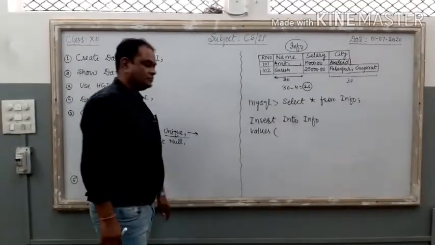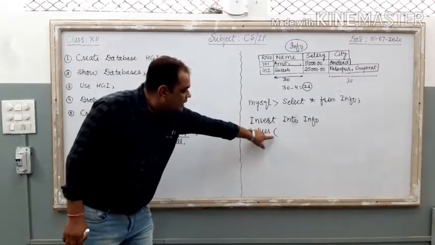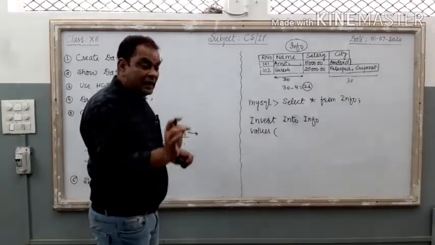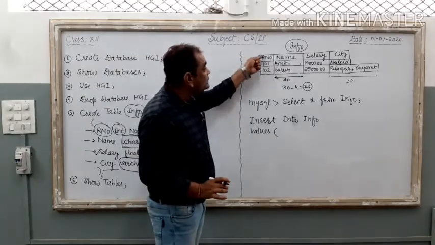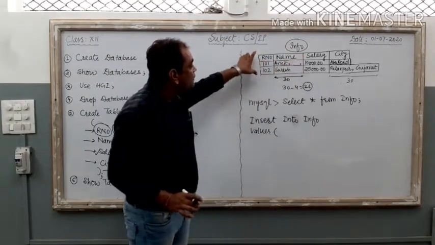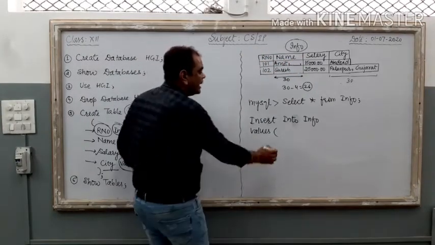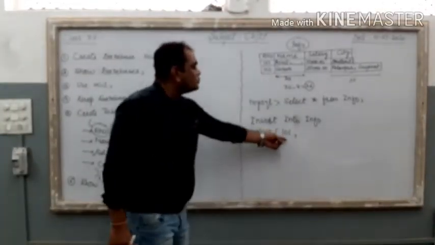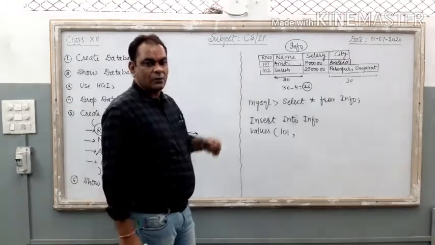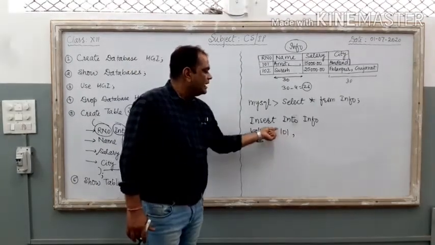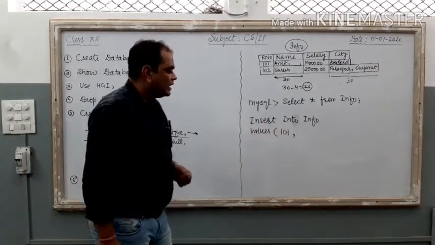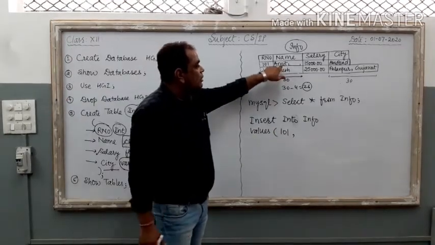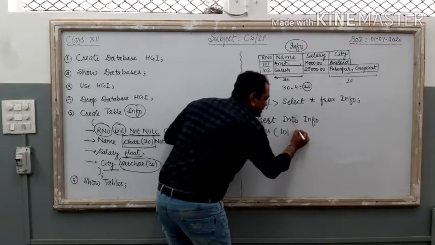And here, values, one small bracket. Just inside the bracket, I am going to put the values according to the sequence of the fields. The first field is RNO, so I give the first value and it is going to be stored in the first column, that is RNO. Right? It is a digit, so there is no need to put inverted commas; just close with the digit. Now, in the second column, I want to store Amit. So just check the formation.